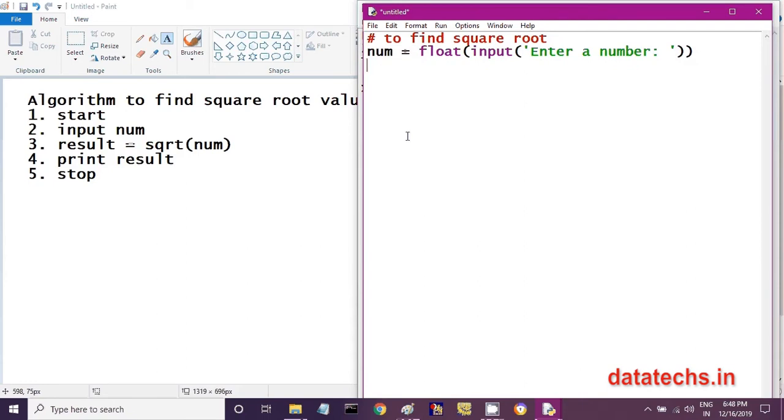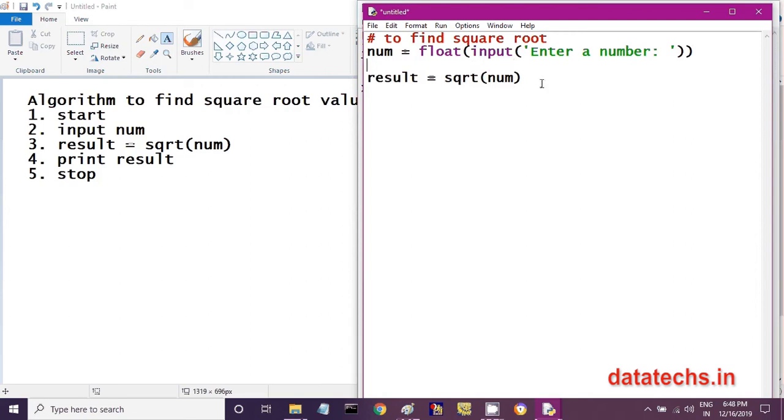Next, I want to implement step number 3 in my program. Result is equal to sqrt of num. That means the square root of num I want. So I can implement something like this: result is a variable equal to sqrt of this num. The sqrt is a function that will calculate the square root value for this num and store that into this result variable.